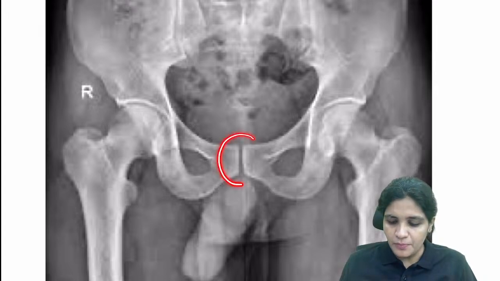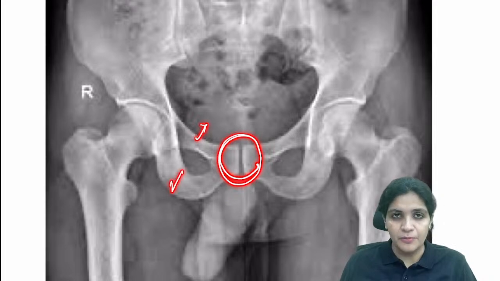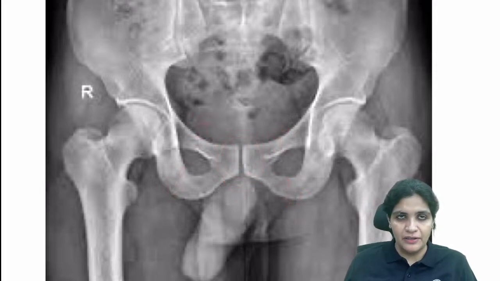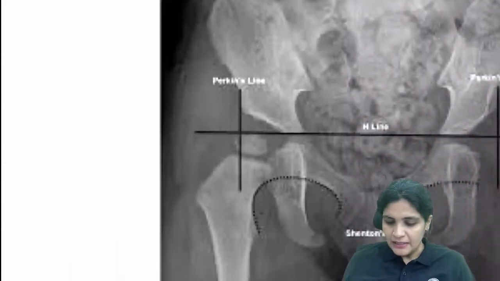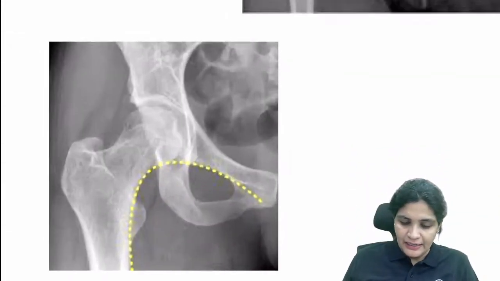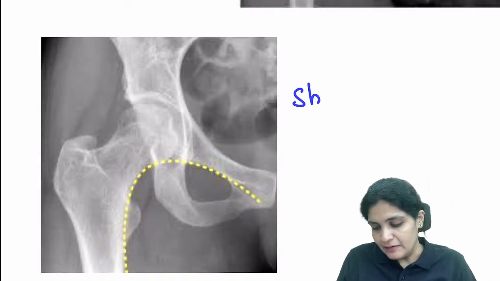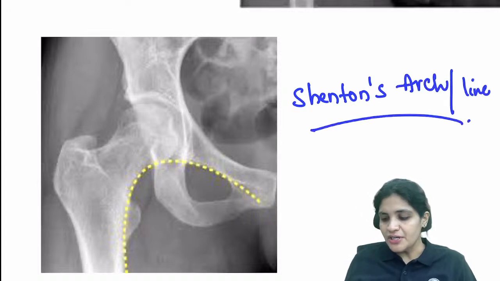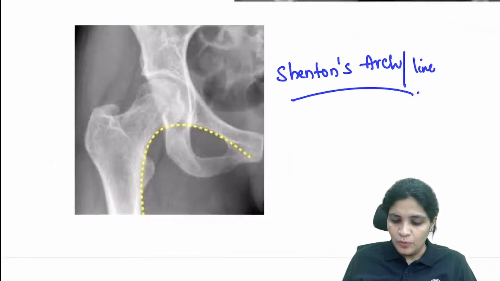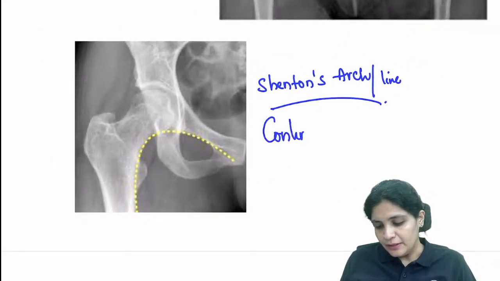And then you know this is your pubic symphysis, right? And this is your superior pubic rami, inferior pubic rami, right? These are certain normal things which you can identify here. And then what is important for us is Shenton's line. They will usually put up the X-ray and ask you to talk about Shenton's arch or Shenton's line. So what is Shenton's arch or Shenton's line? It will tell you the continuity